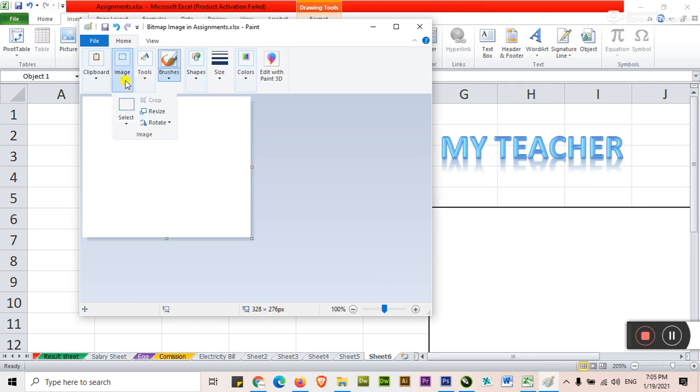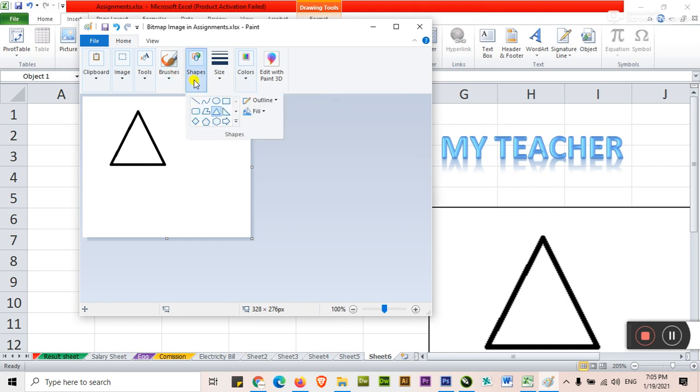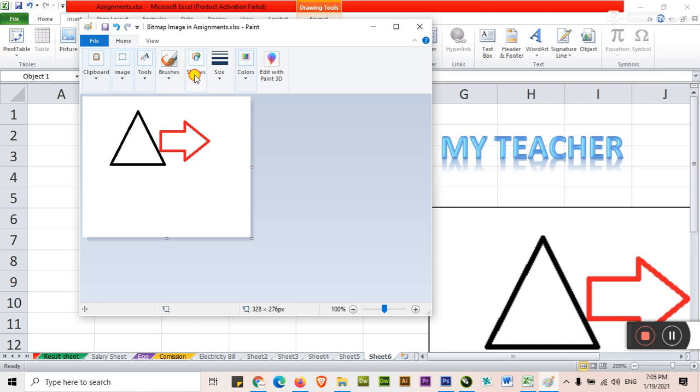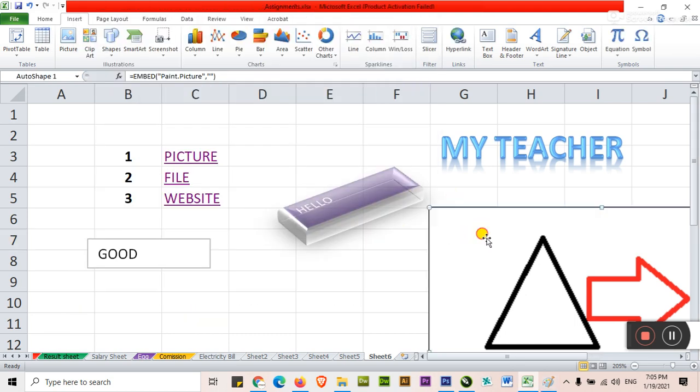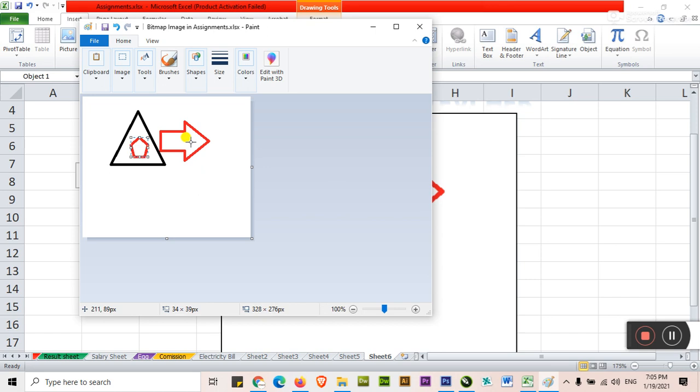Just select the shape, you draw here, it also will show in this area. Colors, red, shade in this, shade in this one. Just close this bitmap image and all the drawing will show here. It's live. Just double click here, it again will open the bitmap, meaning this is basically your paintbrush area. It's giving you the option to create live.